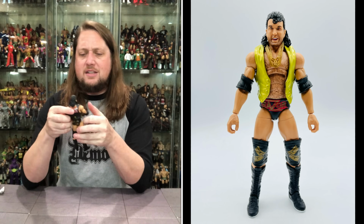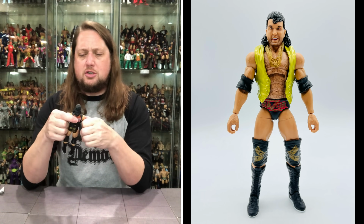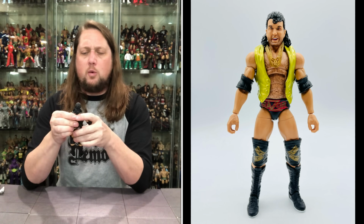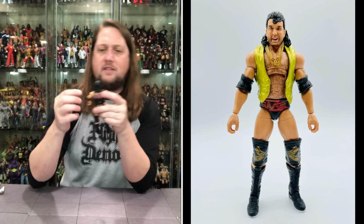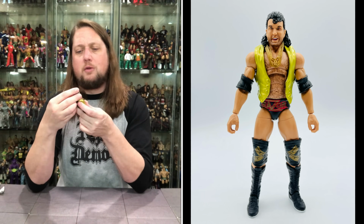But now we got old Razor out of the package, and Razor, no stranger to the Elite line. We've had many different ones over the last few years. This one, though, feeling very different, and I'm here for it. The head sculpt on this, a little bit different. You got that Razor hair,